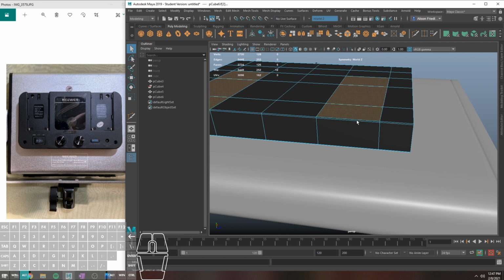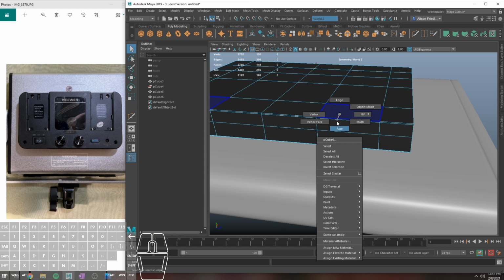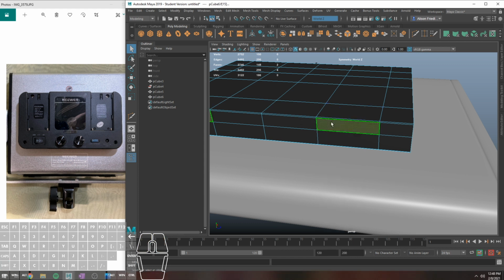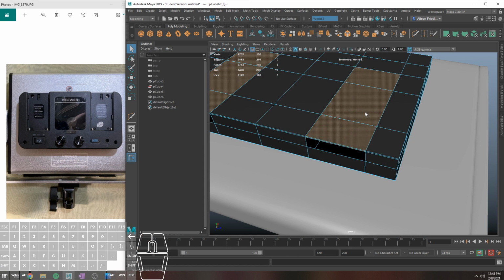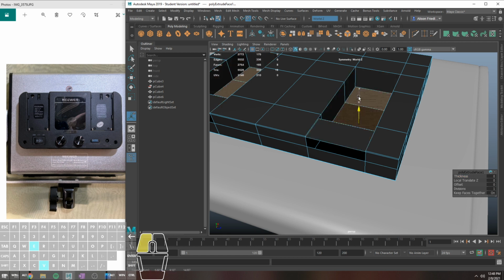All right, so there's a few different ways to do this, depending on how you've started modeling this. What I'm going to do is add in another edge loop here. This is basically going to function as the depth, whatever the appropriate depth is for these little cutouts. So I'm going to come in and grab these faces for these cutouts, extrude them with a Control E, and then use vertex snapping by holding V on my keyboard and just